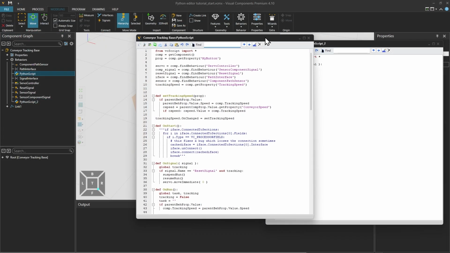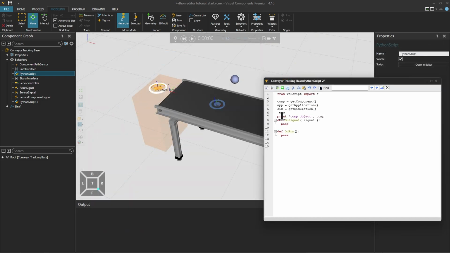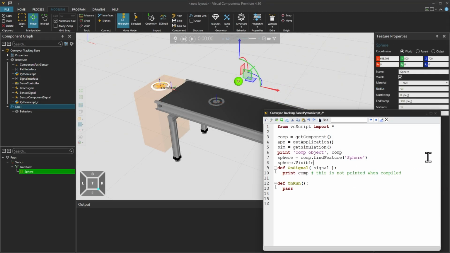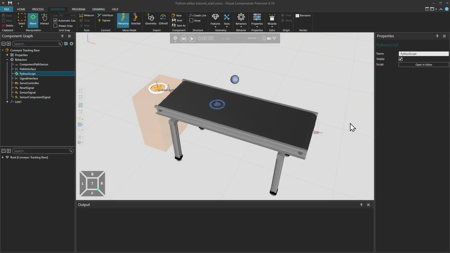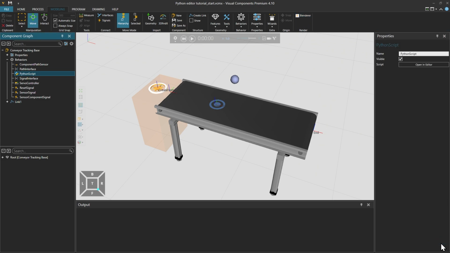We will learn how to interact with the simulation environment by using Python script behaviors that are saved together with the components. We will get an overview of the Python version 2.7 objects, learn how to use snippets, and create a simple script to add functionality to a component. Note that while it's also possible to use Python scripts as commands to extend the user interface capabilities, in this tutorial we will not cover the use of command scripts.